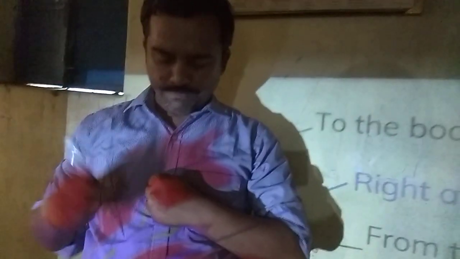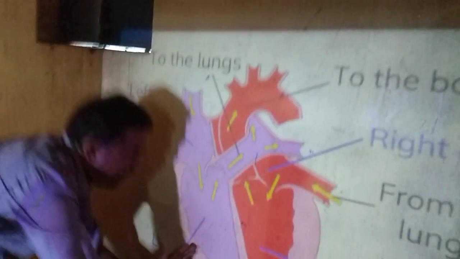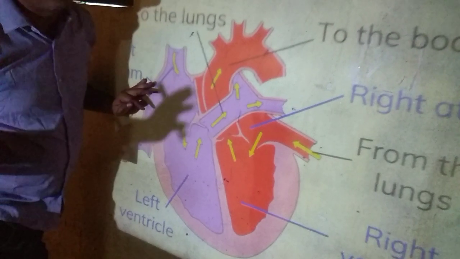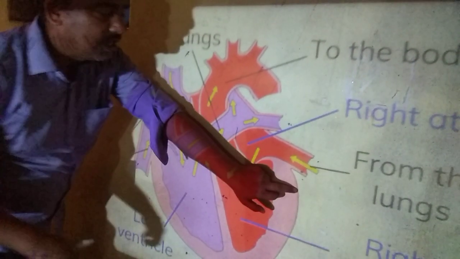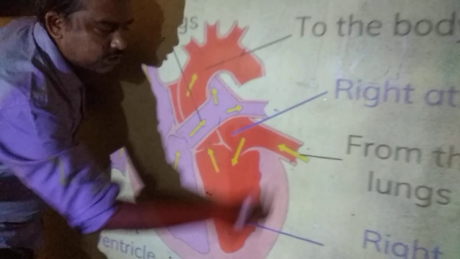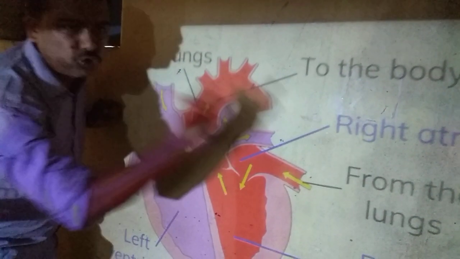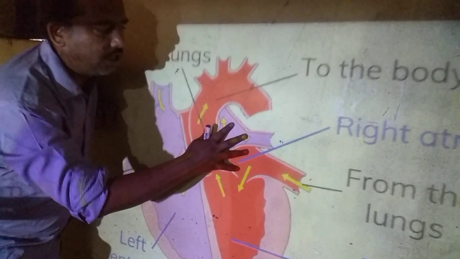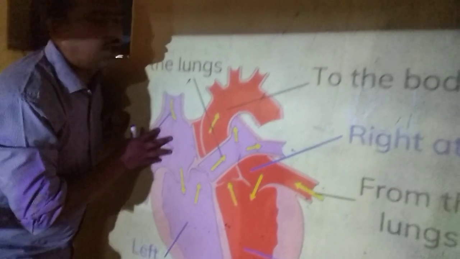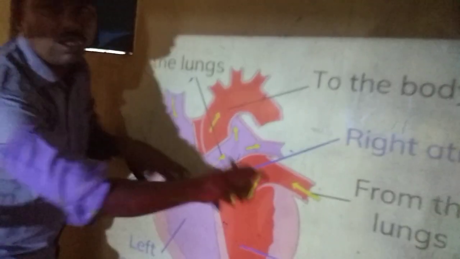It is surrounded by a layer. The whole outer layer is called the pericardium. Between the heart and the pericardium there is a gap, a small space, and there lies the pericardial fluid. Pericardial fluid absorbs shock. When there is a shock or a jerk, it does not affect the heart. So these are all the structures regarding the heart. They have four chambers.